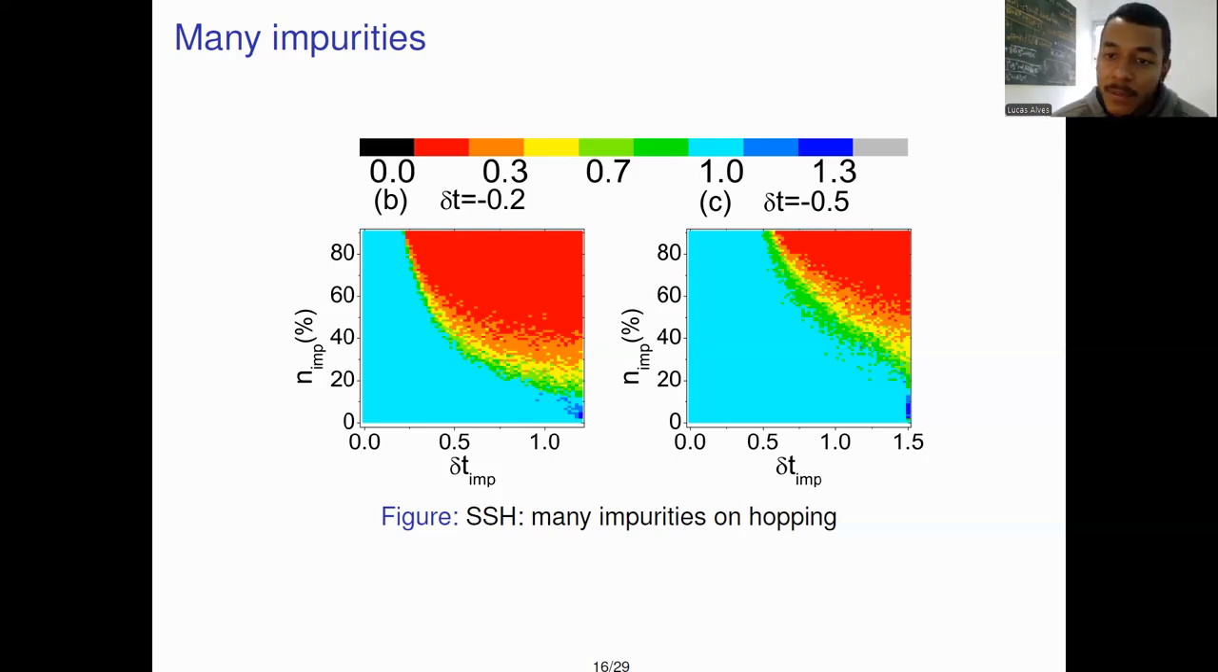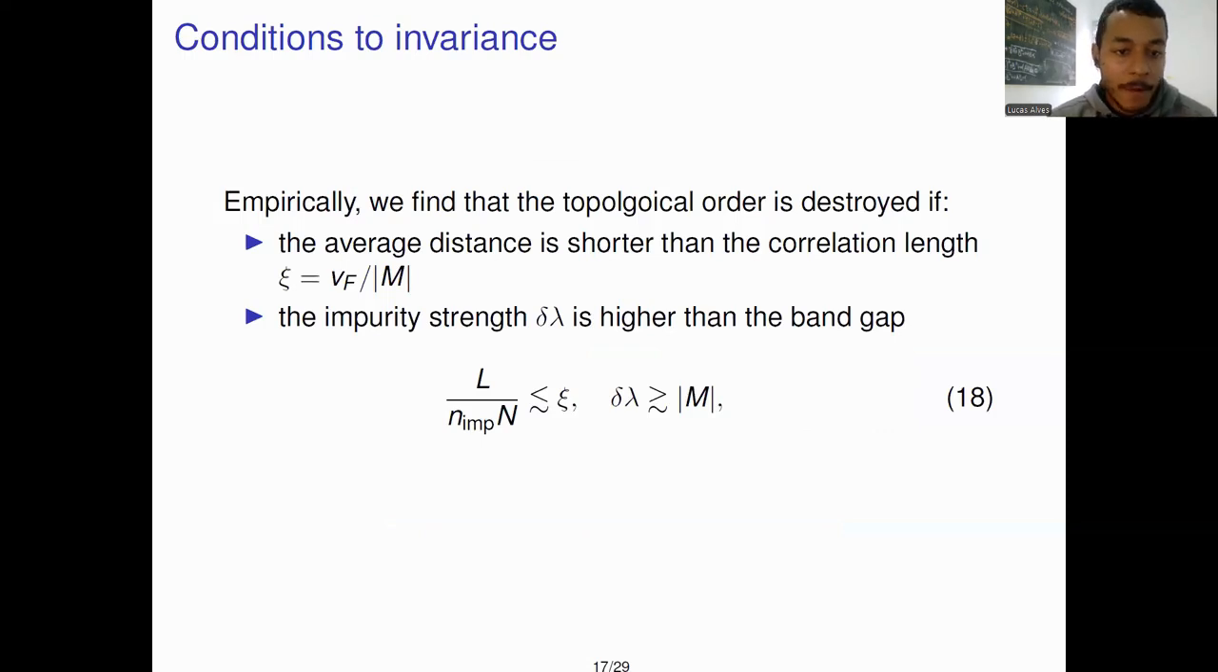For delta T equals minus 0.5, we are deep inside the topological phase, which means the system is more robust to impurities than minus 0.2. And the behavior of the marker allows us to find empirically the conditions under which the topological order is destroyed. We can say that it will happen if we